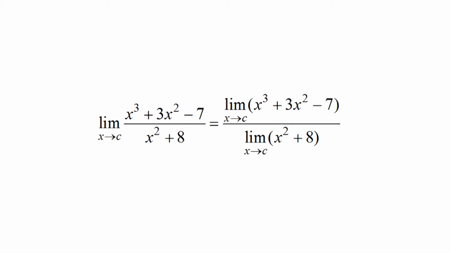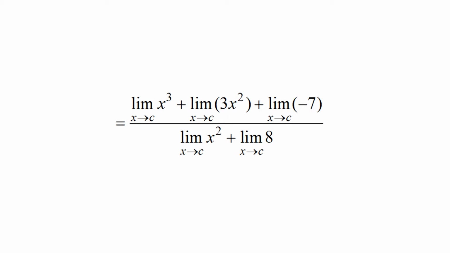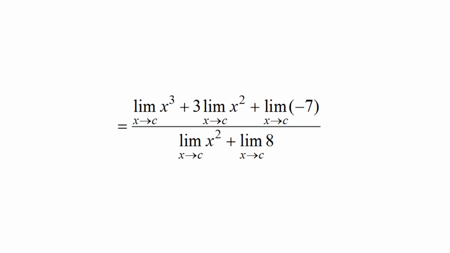Limit of x cube plus 3x square minus 7 upon x square plus 8 as x approaches c is limit of x cube plus 3x square minus 7 as x approaches c upon limit of x square plus 8 as x approaches c using quotient rule, which is equal to limit of x cube as x approaches c plus limit of 3x square as x approaches c plus limit of negative 7 as x approaches c upon limit of x square as x approaches c plus limit of 8 as x approaches c using sum rule,